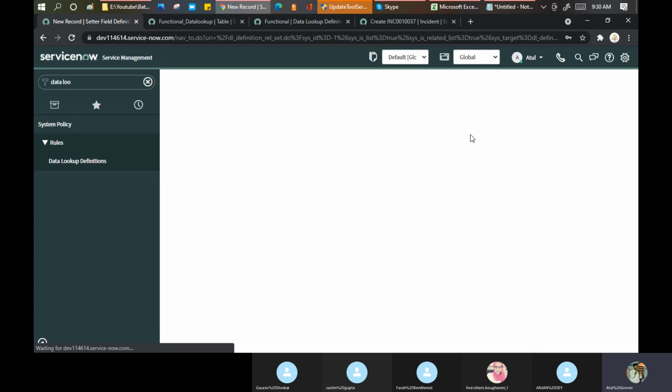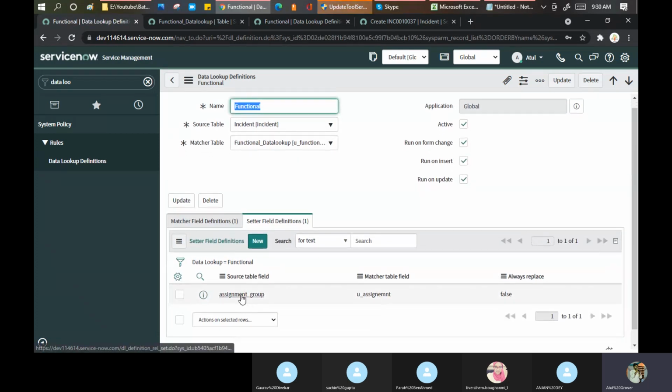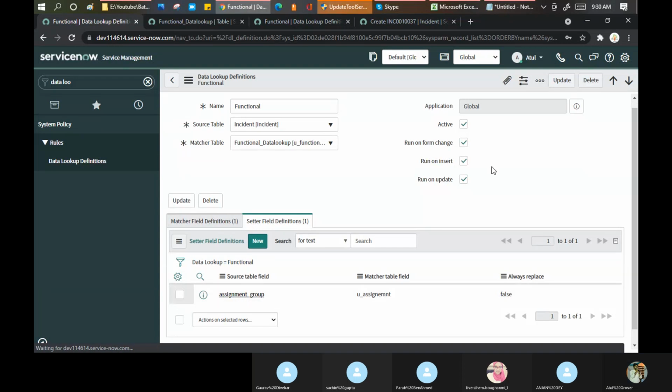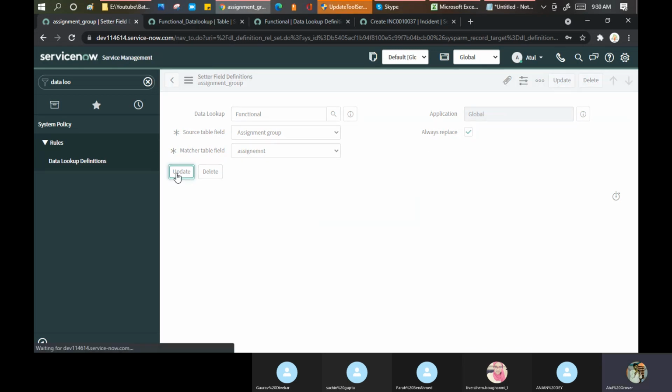Sorry, let me click on this. I'll show these options as well. Open this. This has an option called always replace. It means if you change your user, do you want to change your assignment group as well? I said yes, always replace with the change in the setting of value. Clear till this point?